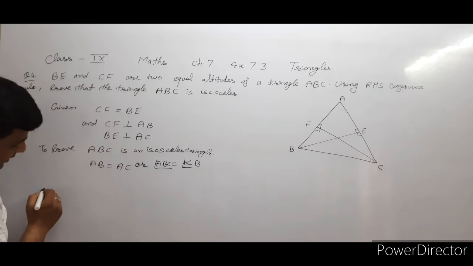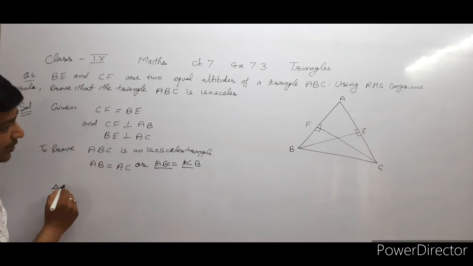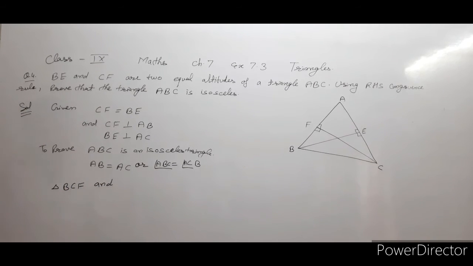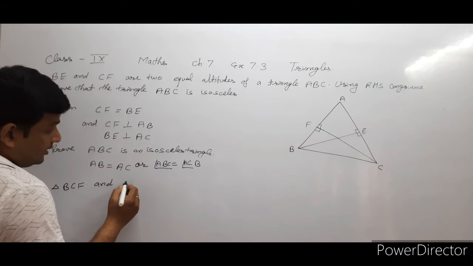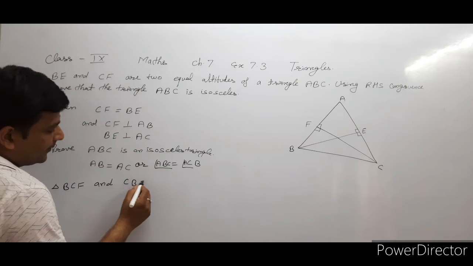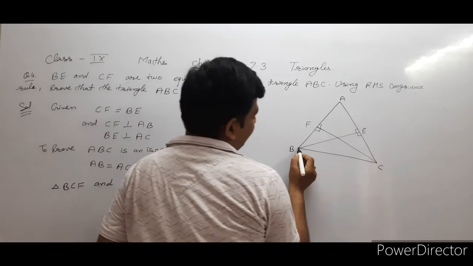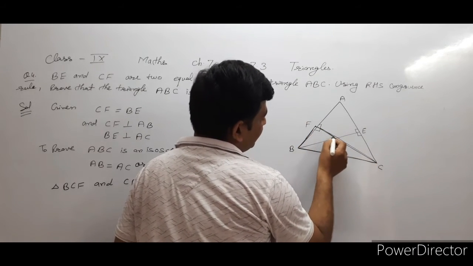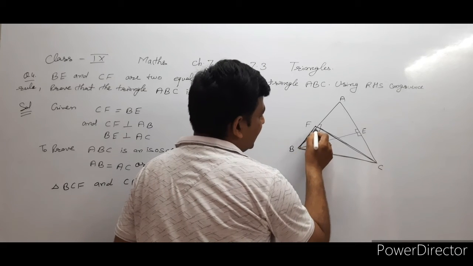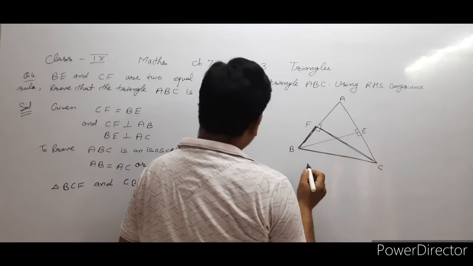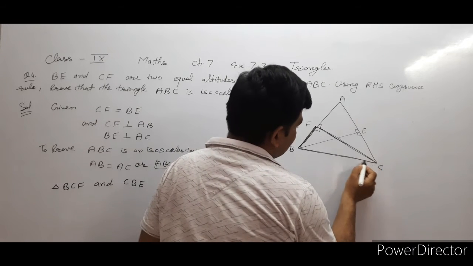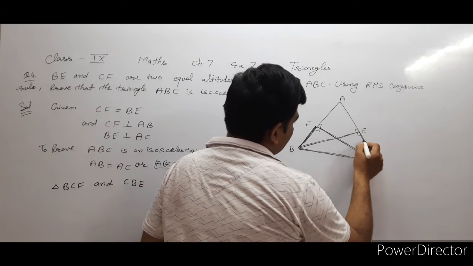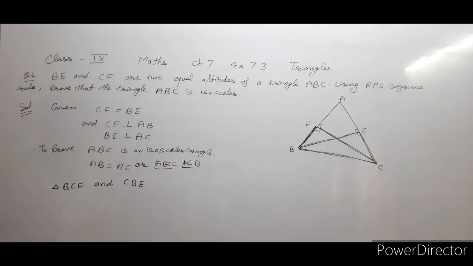To prove this, take the triangle BCF and the triangle CBE. BCF, this triangle, and another triangle is CBE, this triangle. We will take these two triangles. Under these two triangles,